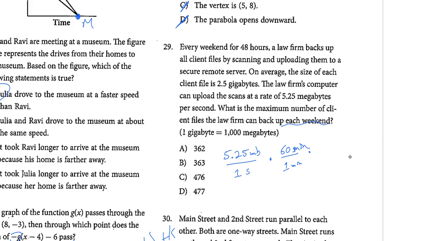That'll kind of get me over, oh, no, that definitely wants to say seconds. Sorry. It's been a while since I've written these out. So, our seconds cancel, so we get megabytes per minute. And then I want to go ahead and multiply that by my 48 hours, right? So that'll get us how many megabytes in that amount of time. So when we multiply this out in our calculator, we'll get